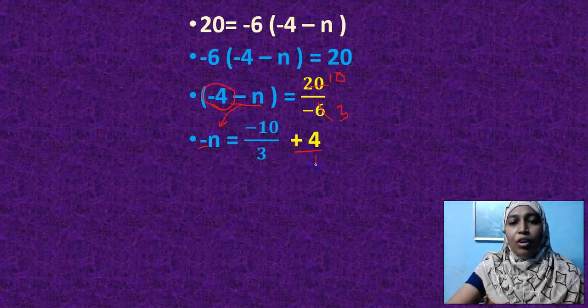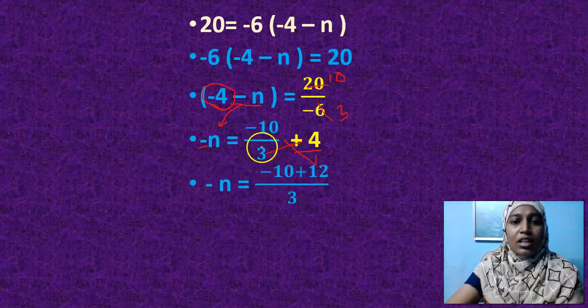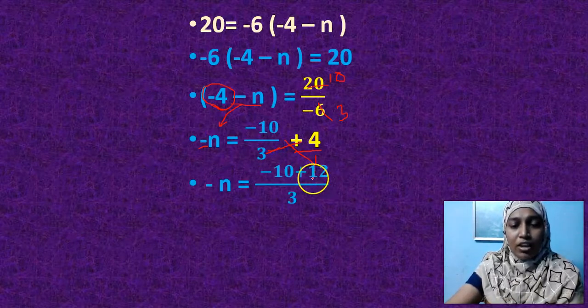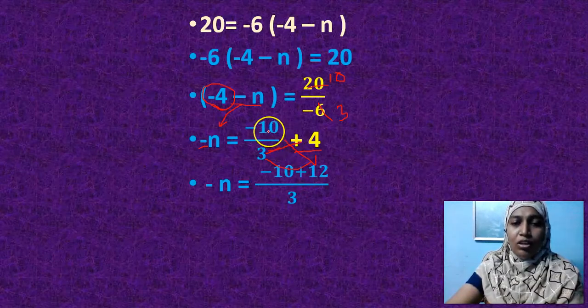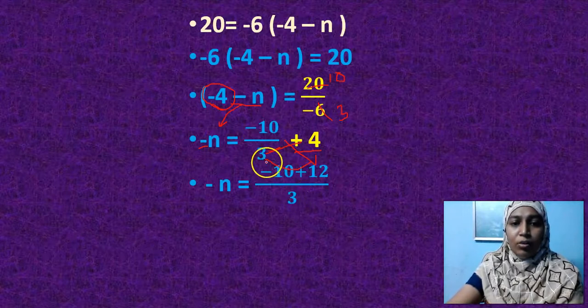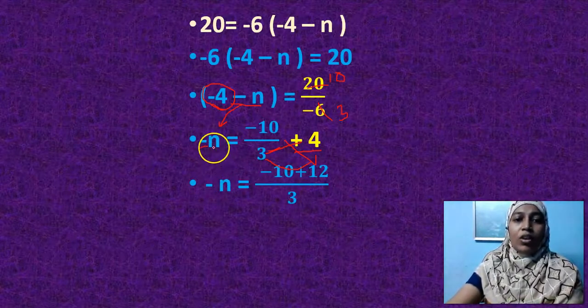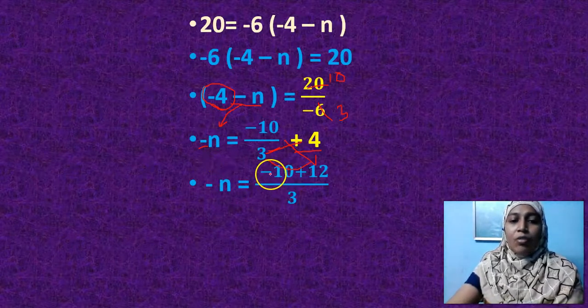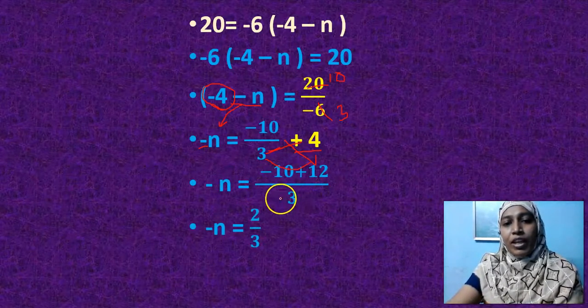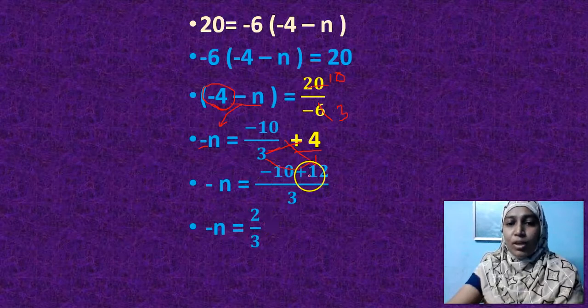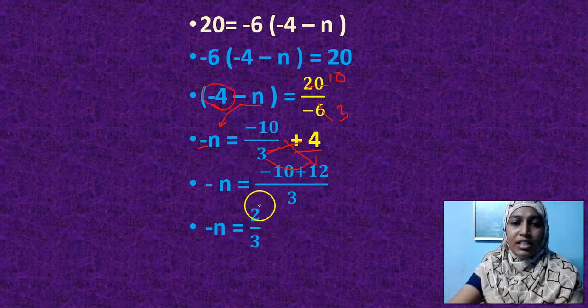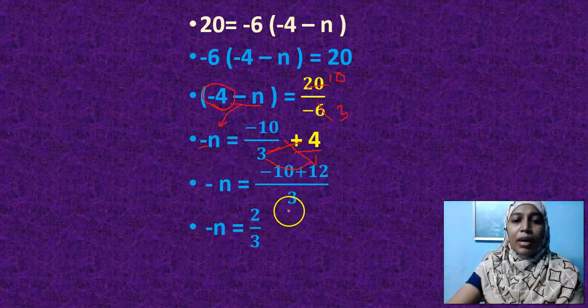Again, we go in for the cross multiplication method. 1 10 is 10, minus 10. 3 4s are 12, I have written plus 12, and 1 3 is 3. Minus 10 into 1, minus 10, 4 3s are 12, again by 3, 1 3 is 3. And I have minus n here as it is. I have not changed anything. And what is minus 10 plus 12? I get plus 2, because different signs: subtract and take the bigger number's sign, by 3.